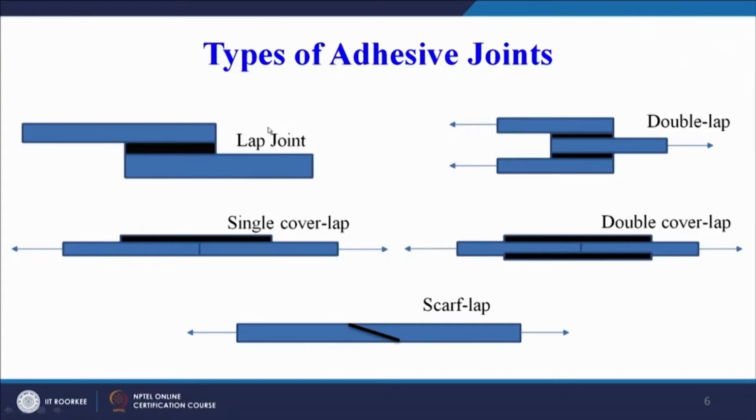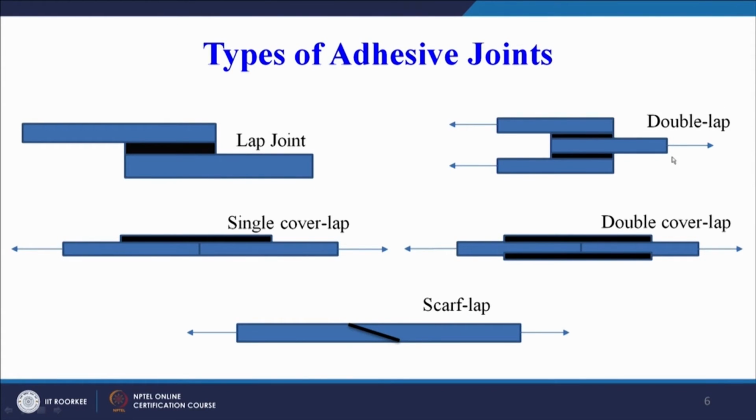Now let us try to see the types of adhesive joints. You can see very common types of joint configurations are shown here for polymeric materials also, or for polymer based composite materials also. Similar type of joint configurations are used, and just for revision purpose, let us see what type of adhesive joint configurations can be used in case of polymers as well as polymer based composites. So we can have a simple, most simplistic lap joint configuration.